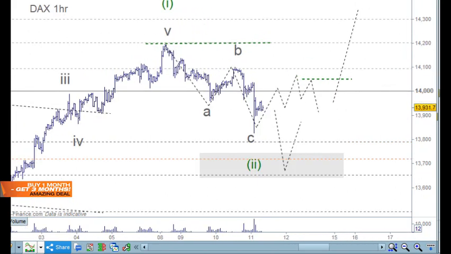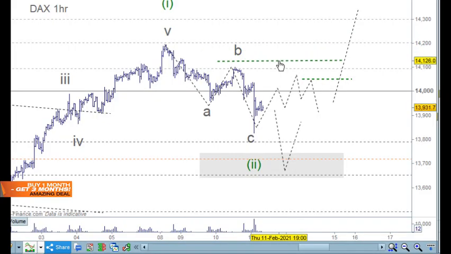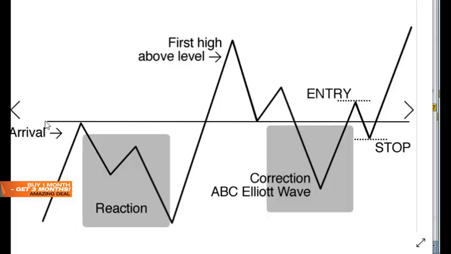What we normally do, the standard, is we look at this high here, then bring it down to the second high here to get into, and then we could bring it down to this high here as well. But we're far better off looking at a classic trading levels pattern sitting in that particular space. So we can look at it like this. If that's the level here, the arrival, the reaction, the first high above the level, then we can use that high, and we may even get this bigger pattern in this little space here. So we should be able to get an entry closer to that